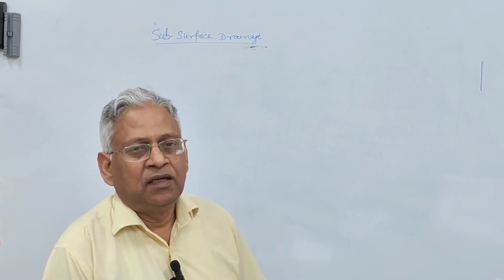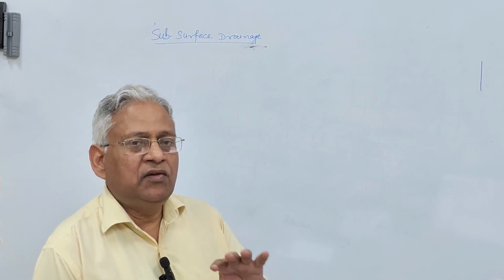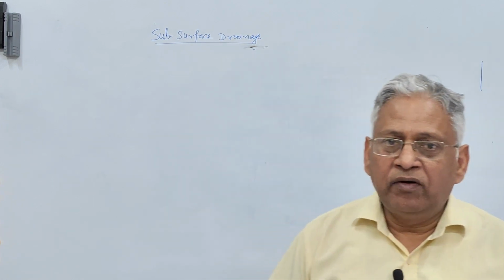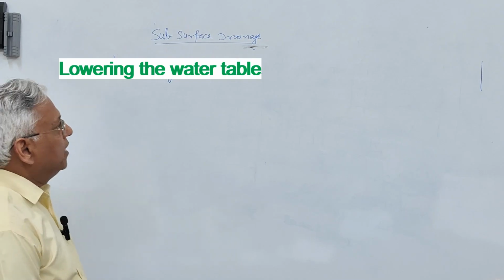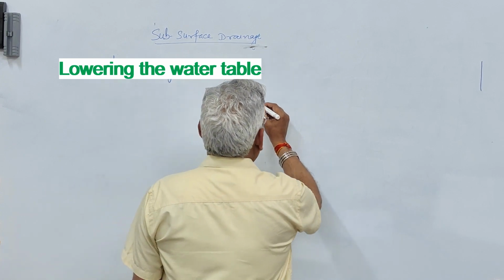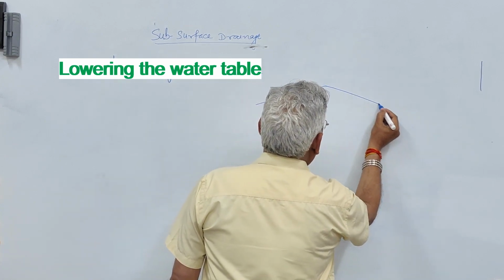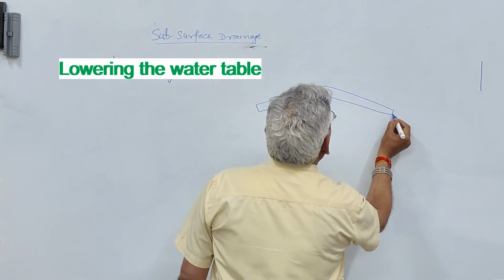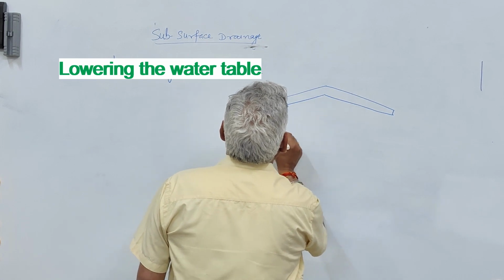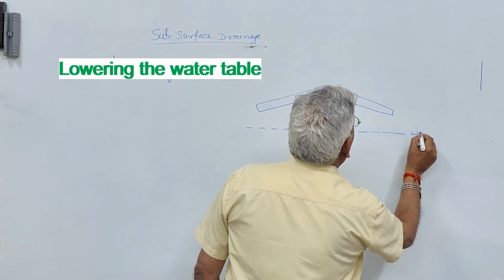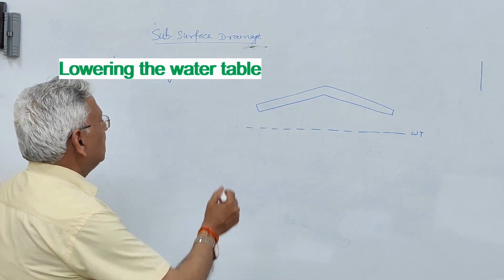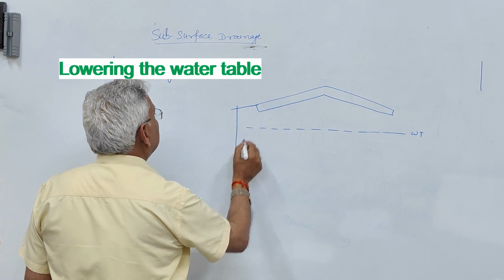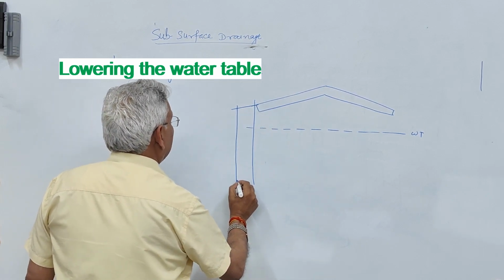action. Now, I'll discuss in this session 3-4 types of subsurface drainage systems, and the first is lowering the water table. If the water table is high, then in that case, let us say this is the pavement and here, this is the position of the water table. Now, what is done here is that on each side of the pavement, we provide a trench,